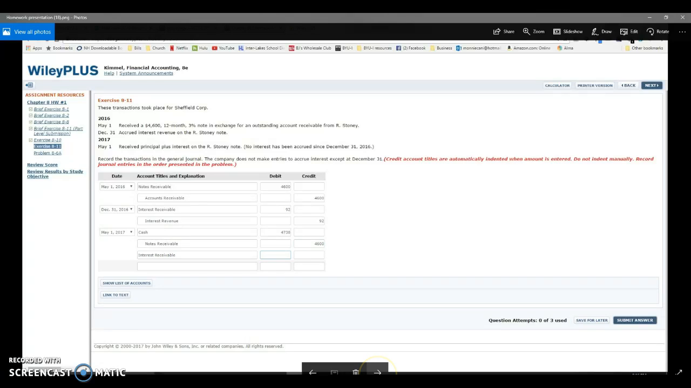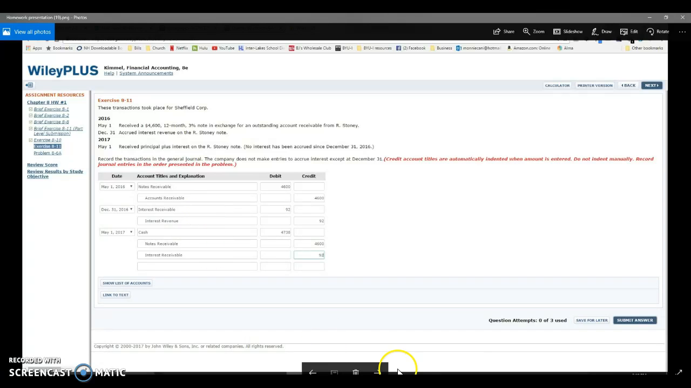And we've got interest receivable. That's going to be the $92 that basically we're erasing from here. I hope this is making sense. So on this line, on December 31st, we debited it. Now we're going to credit it because it's no longer receivable. We are actually receiving it. So it's not on its way to us. We've got it in hand. So by doing that, we're